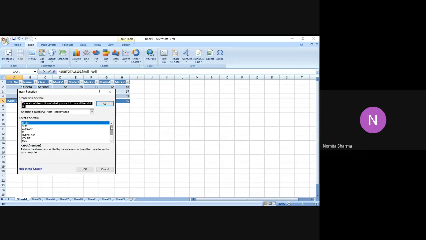And there is also, we can search for the function. Just in case I want to work with, let me just work with covariance. It will give me those options accordingly. Or I can also select the other options which are there. Okay, so I will just say standard deviation, which is already there in my command. So I will select that.